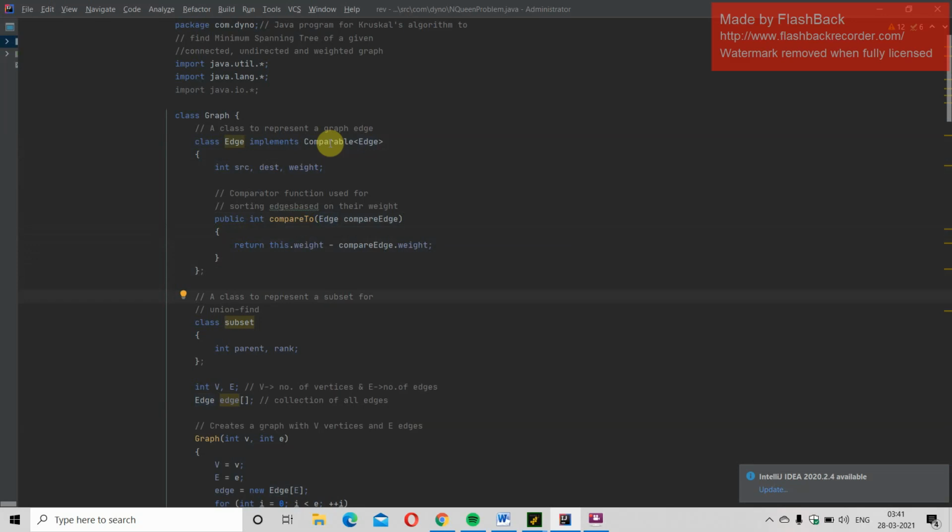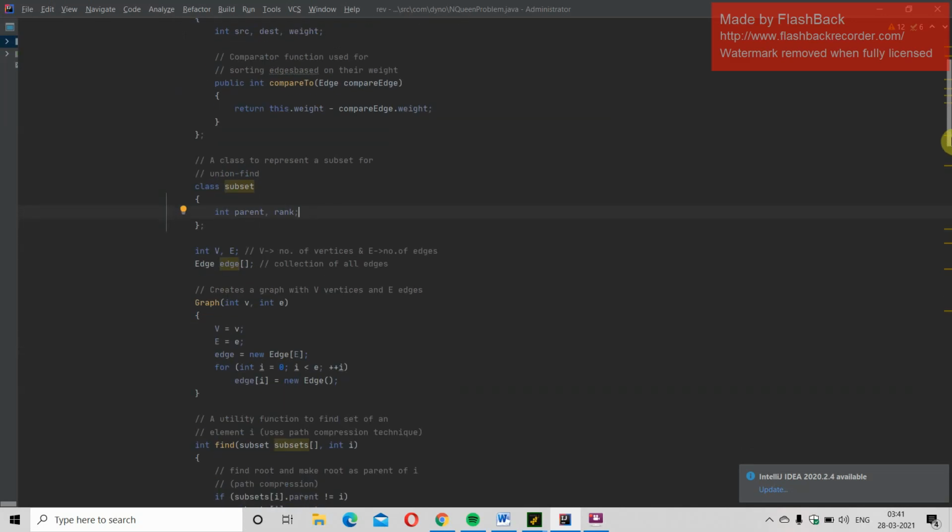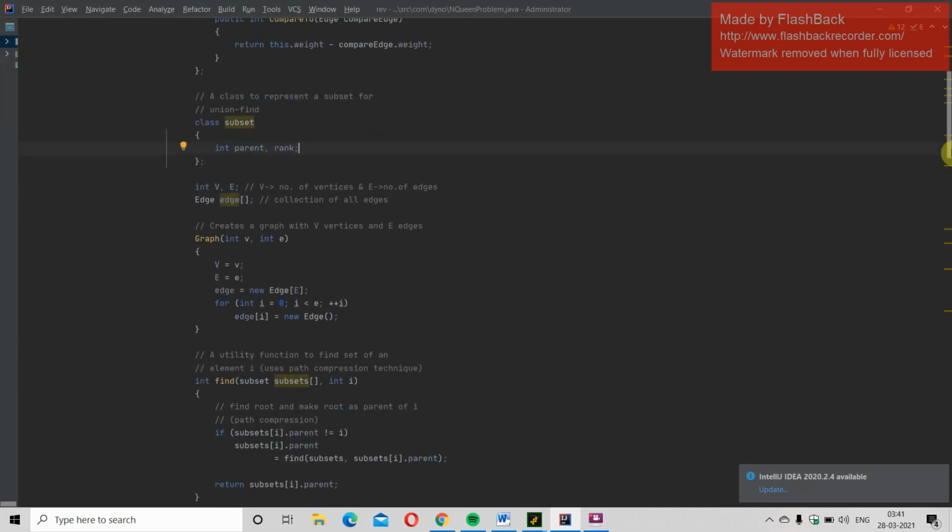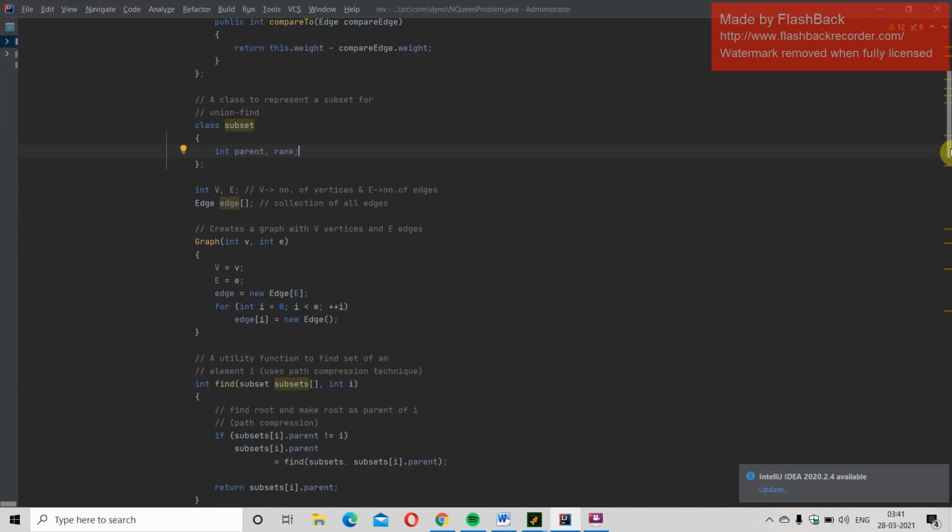Then, to find the subset for union, declare a class called subset, then declare integer parent and rank. Then declare vertices V and edges E, and for a collection of edges, declare an edge array.